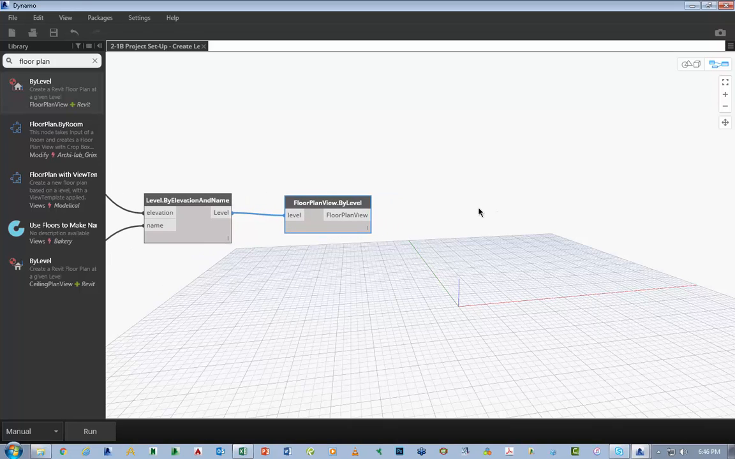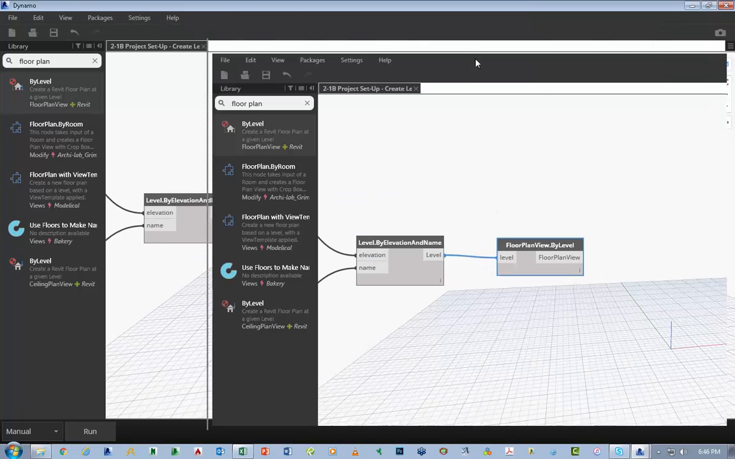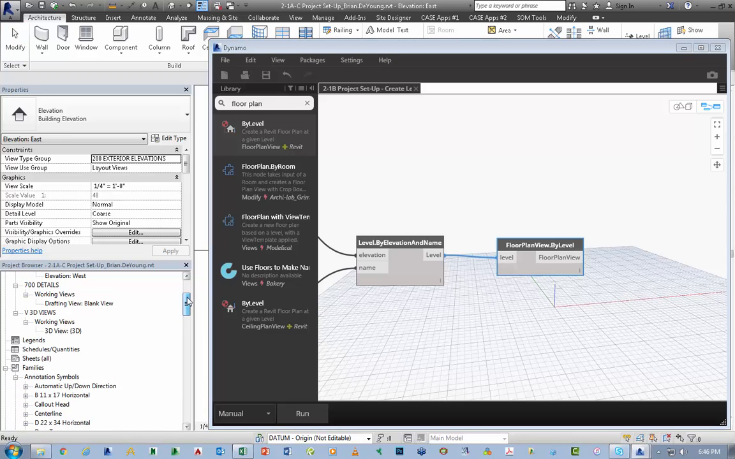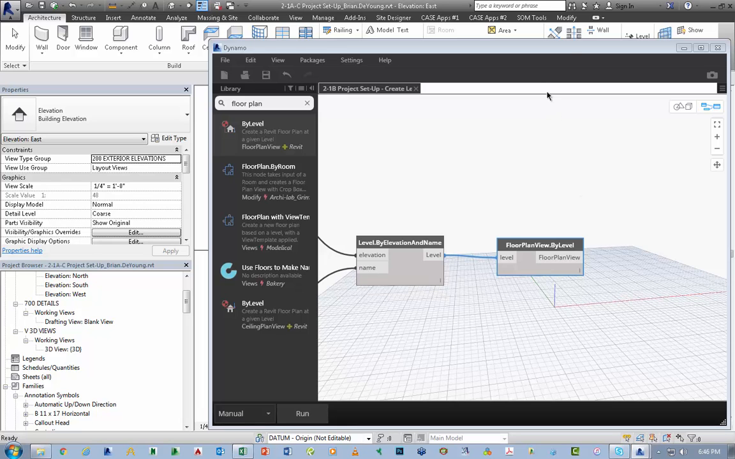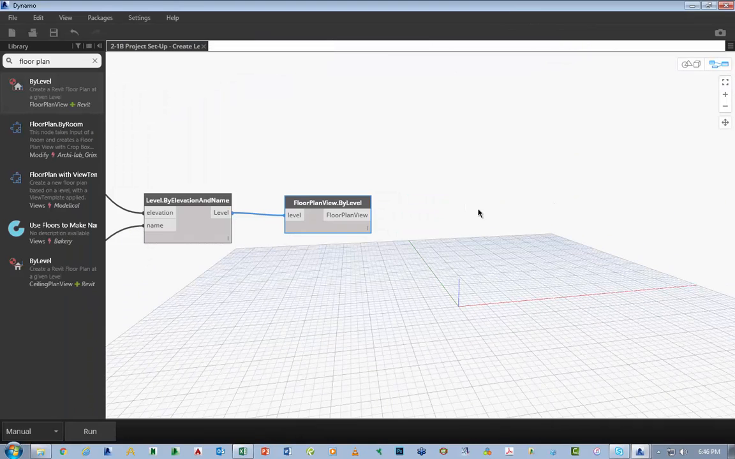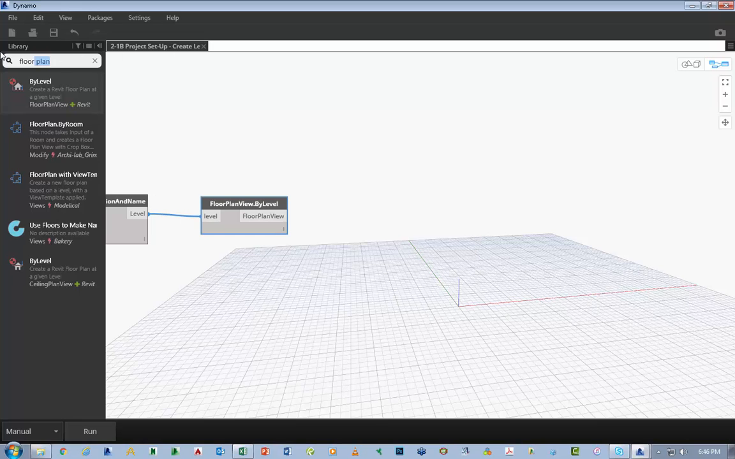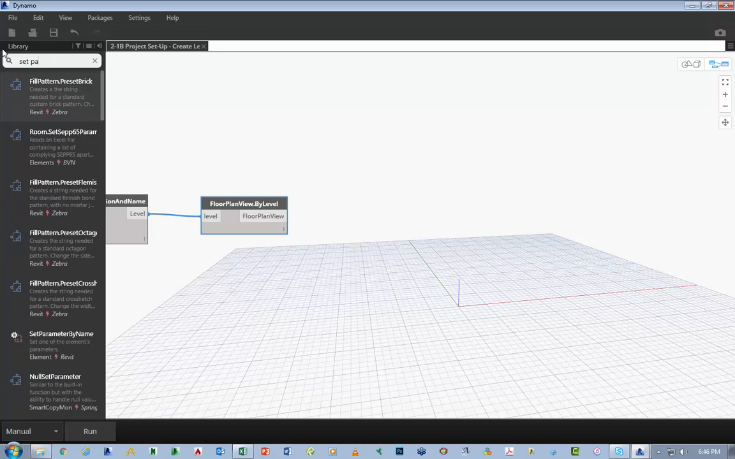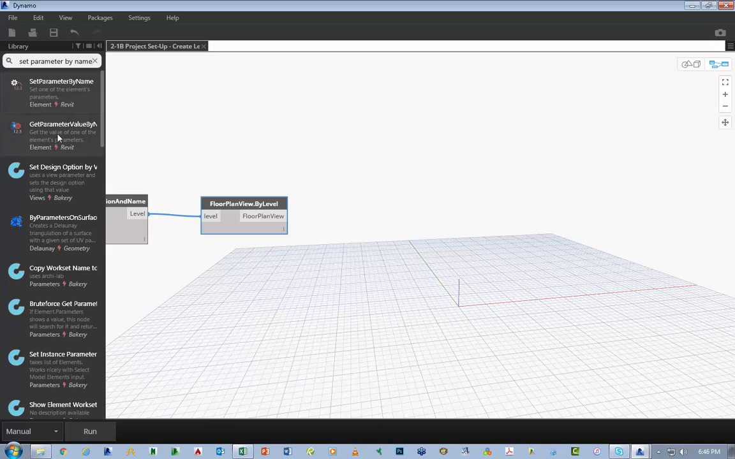I also want to organize the project browser. So I don't want all of these new floor plan views just to end up in the question marks. I want them to actually get filed properly in the project browser. So I'll go over here, and this is set parameter by name, and let's see. So the floor plan is the element in this case,